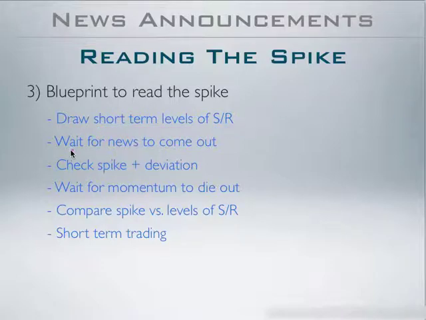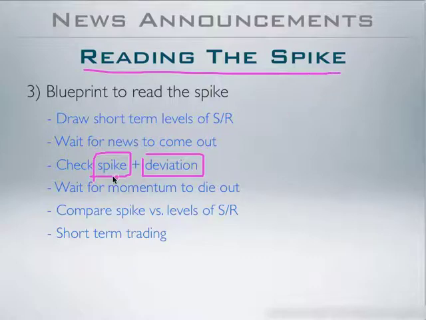Next up, we wait, obviously, for the news to come out. Once the news is out, we will check the spike. First of all, we will check the deviation on our economic calendar, and as a result, we will check whatever spike we may have gotten on all those currency pairs related to the currency the news announcement is scheduled for. Obviously you want to see a decent deviation, or at least one large enough to create a decent spike on the charts. At the end of the day, please mind that we are reading the spike, so if we get no deviation, we'll get no spike, and therefore there is nothing to read here.